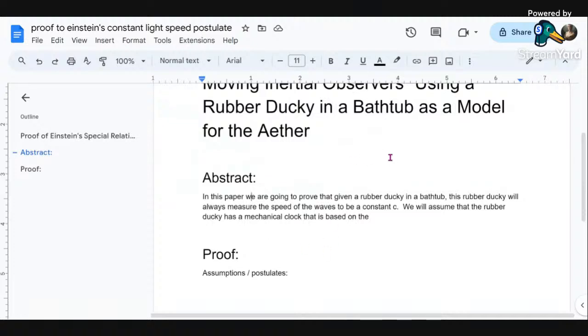Okay, abstract. In this paper, we're going to prove that given a rubber ducky in a bathtub, well, it's a thought experiment, this rubber ducky will always measure the speed of the waves to be a constant c. We will assume that the rubber ducky has a mechanical clock that is based on,